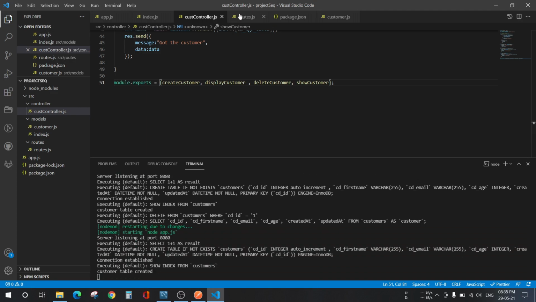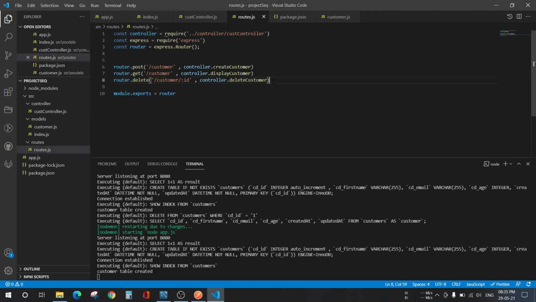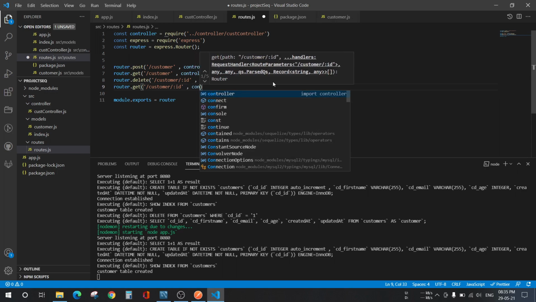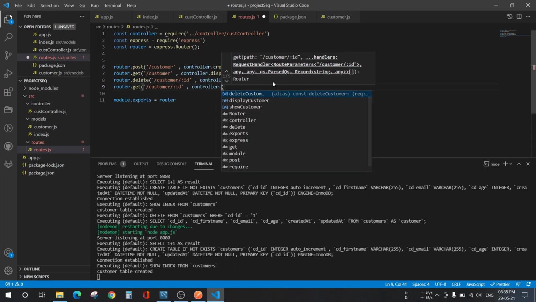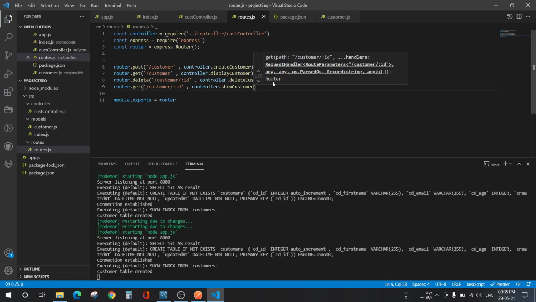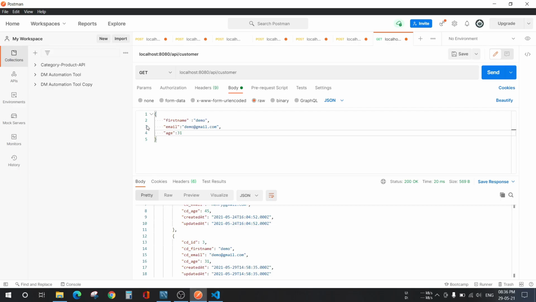Let's go to routes and then create one more router dot get method, customer and id. Controller dot show customer, because that was our method, and then save it. Let's go to Postman.